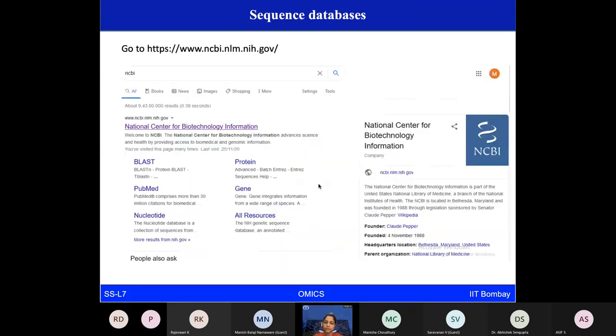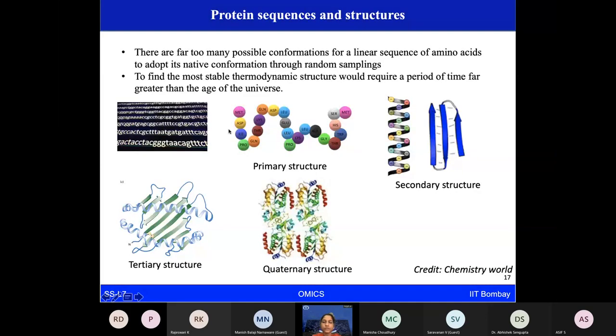Now, these linear amino acid sequences are generated on a regular basis, earlier by Edman sequencing and now by NGS. Once we do the NGS, we translate the reads and get the protein sequences from there.